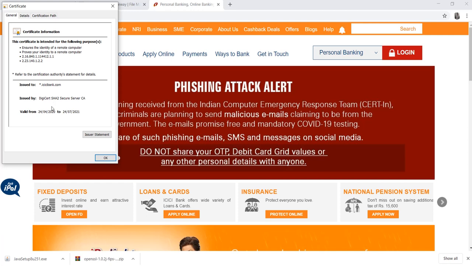Okay, and the validity is from 24 April 2020 to 24 July 2021. So in this case, the certificate is generated in April, and it will expire in July. So we can say that the certificate is valid for 1 year and 3 months.